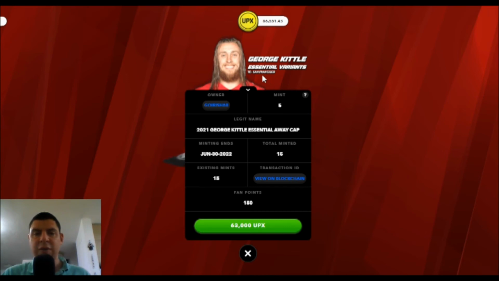When we look at essentials, and at variants, which are the away caps and away jerseys, when you mint an essential in the NFL player store, you have a 5% chance of getting an away essential. So based on the statistics, if I were to mint 20 George Kittle essential caps, the odds are that out of those 20, one of them would be an essential away cap. We see that 15 of the essential away variant have been minted. We can expect that approximately 300 George Kittle caps have been minted, and only 5% of them